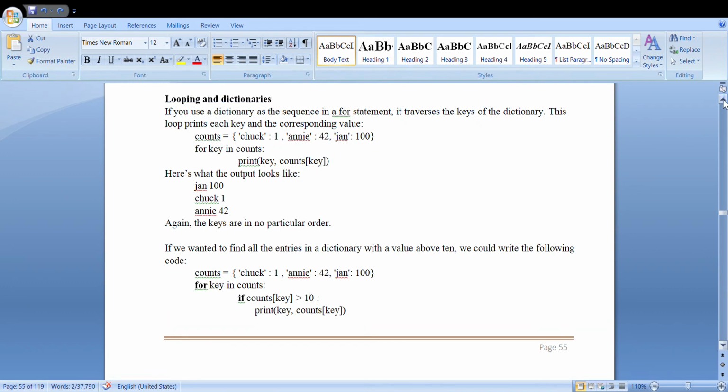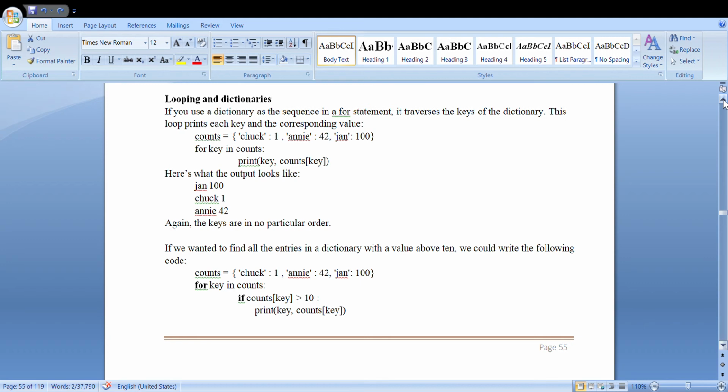Now, looping is the concept of looping in a dictionary. Within a dictionary, you can use a for loop or for statement, which will traverse across the keys of your dictionary. Here they have taken a dictionary named counts, and there are around 3 keys and 3 values specified. When you loop across the dictionary called counts, you can also try to print the key as well as the value. So, for key in counts, counts is nothing but the dictionary name.